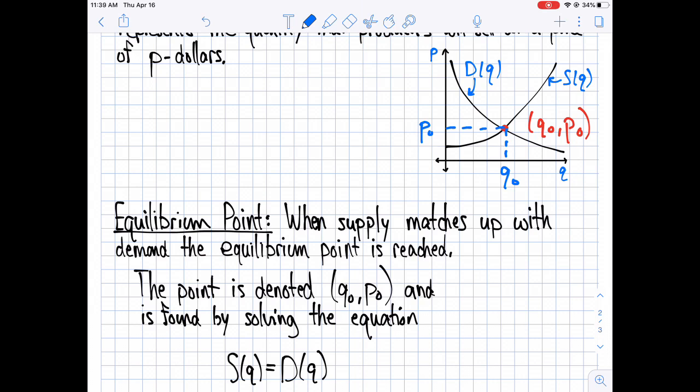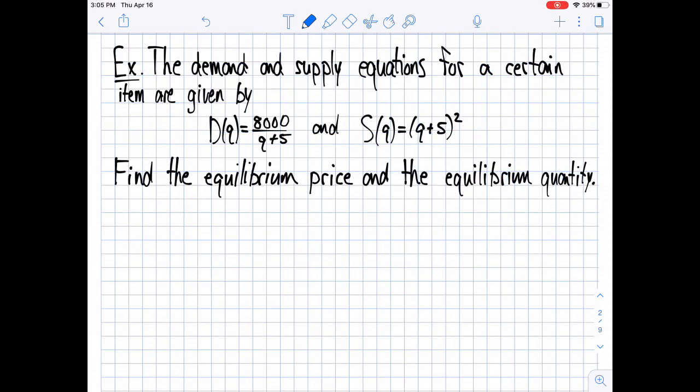So let's take all of this and go work on an example. Here we have an example with demand and supply equations given by D(q) and S(q), and we would like to find both the equilibrium price and the equilibrium quantity. First off, we're going to start by finding the equilibrium quantity, and that's going to be achieved by setting these two functions equal to each other, finding the intersection. So here what we're going to do